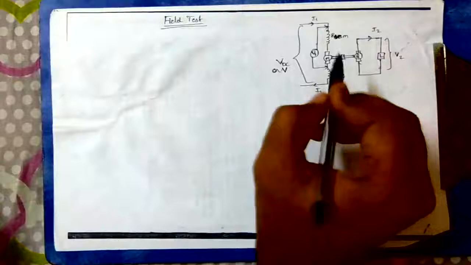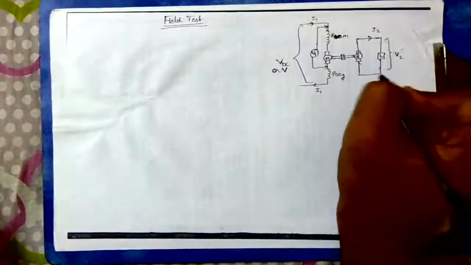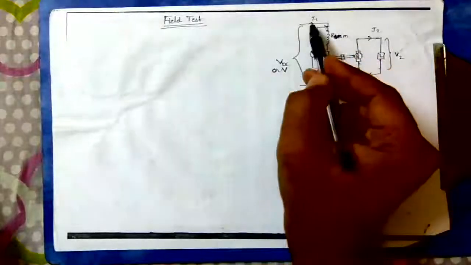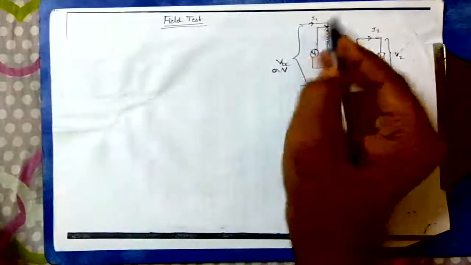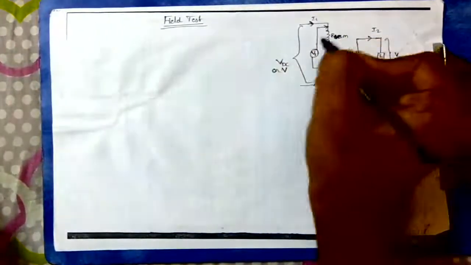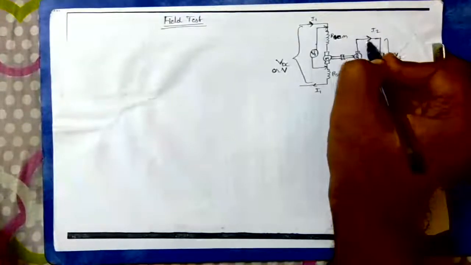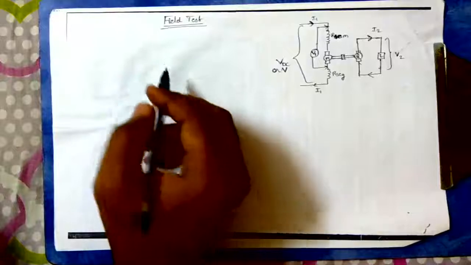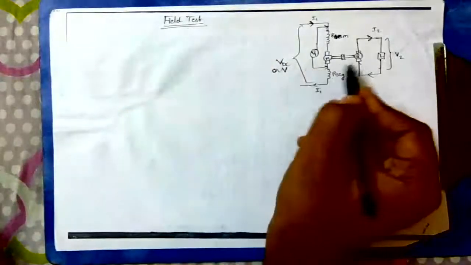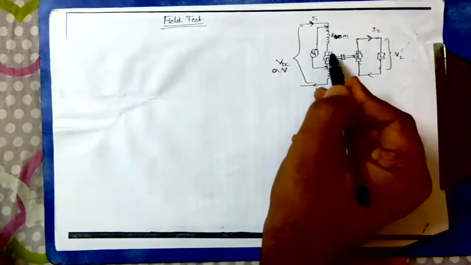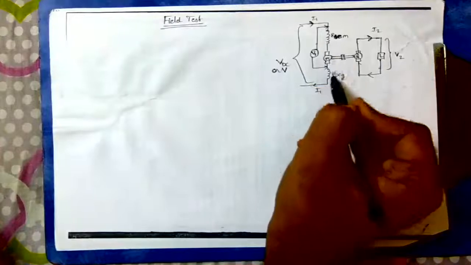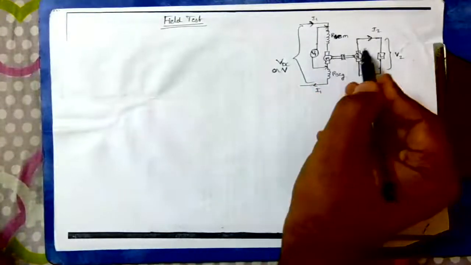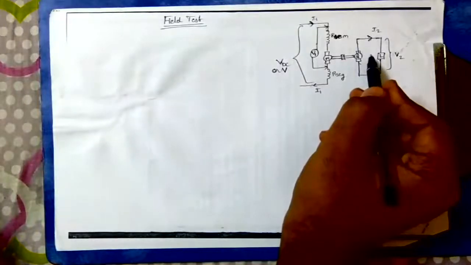Keeping these things in mind, we shall start the problem. I1 is the primary current, or the current flowing in the motor circuit, and I2 is the load current flowing in the generator circuit. I shall read the problem for you. A field test on two mechanically coupled similar motors with their fields connected in series, with one machine running as a motor and the other machine running as a generator, gave the following data.